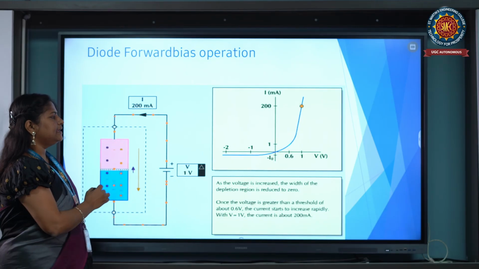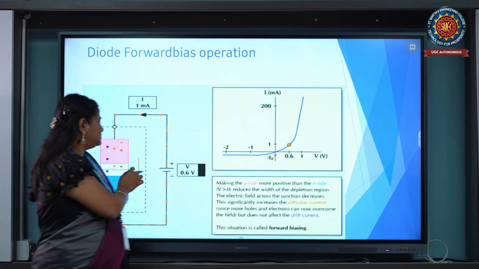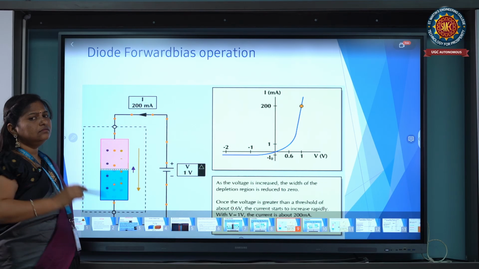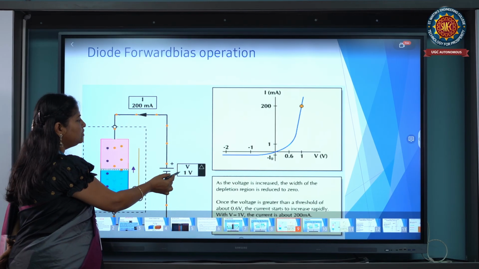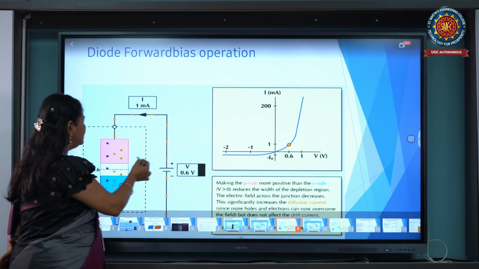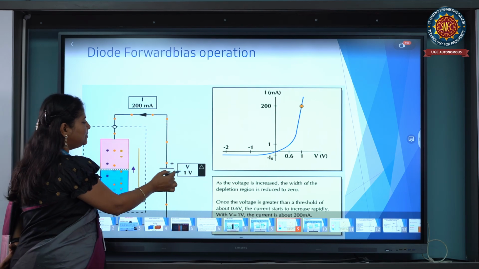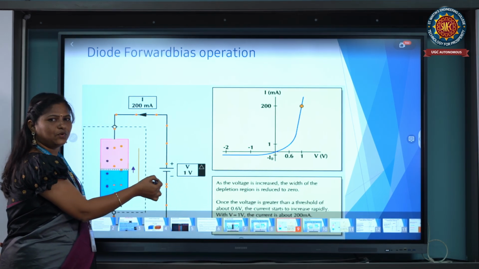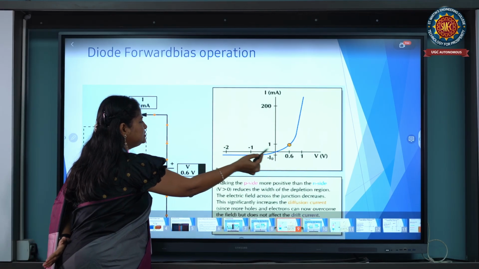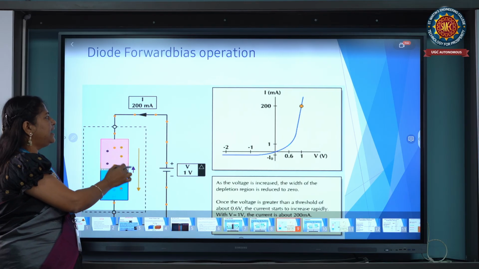So the diode acts like an on switch, and these are the VI characteristics of the diode. Here we can observe this is the p-type material and this is the n-type material. When we apply voltage from 0 volt, 0.1 up to 0.6, the width of the depletion layer starts decreasing. The barrier potential for silicon is 0.7 and for germanium is 0.3. When it reaches about 0.6, it starts conducting and the depletion region vanishes, and the maximum current flows.